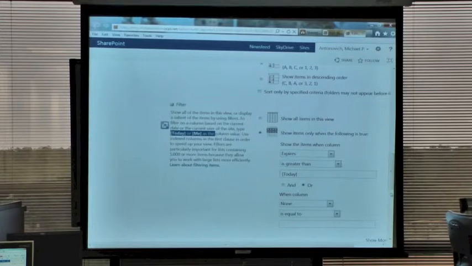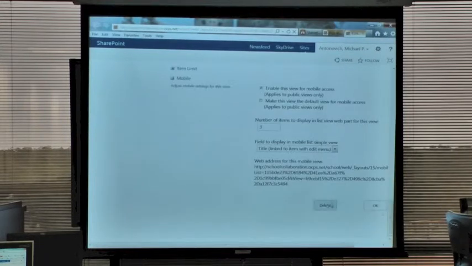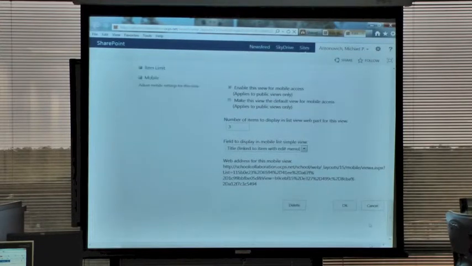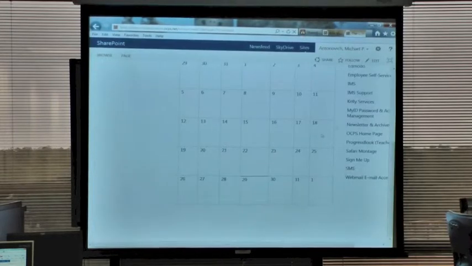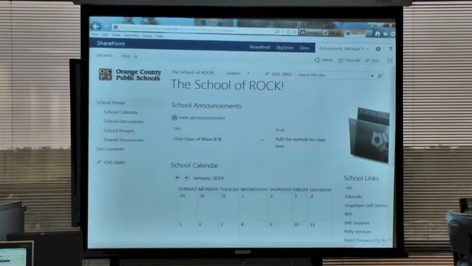So I'm going to back out of this since I really don't want to make any changes here. I'm going to go back up to the home page. Now, if I wanted to add another page to this site, like I said, there's a couple different ways to do it. The first way that you might want to do it